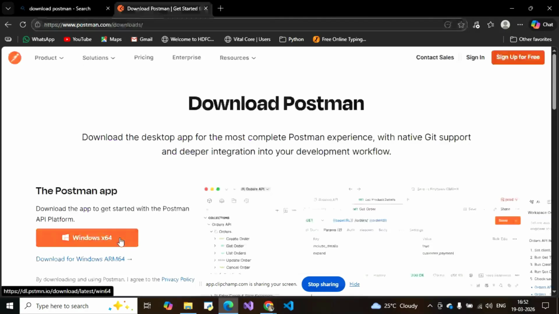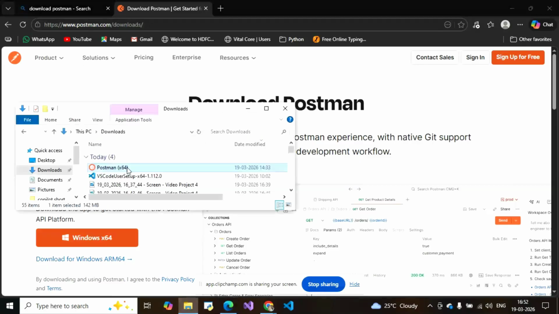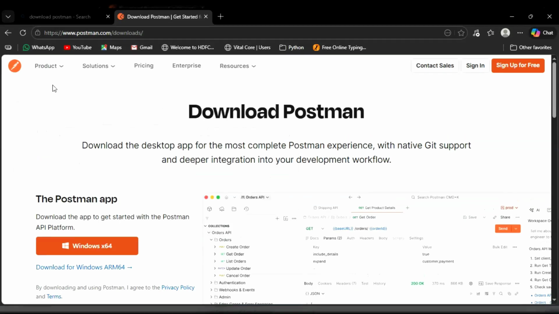Just click on this button to download the Postman. Once download is finished, you will see the Postman exe into your downloads folder. To install the Postman, double click on this exe and the Postman will get installed. After installation, it will ask you to sign up, but you may skip that part and start using Postman without